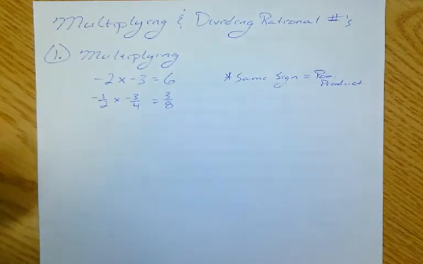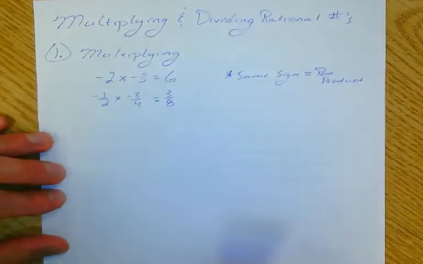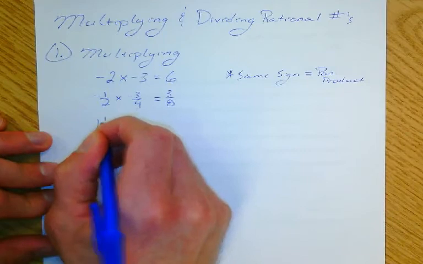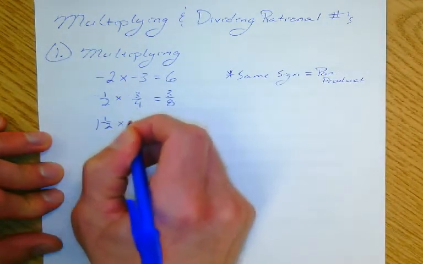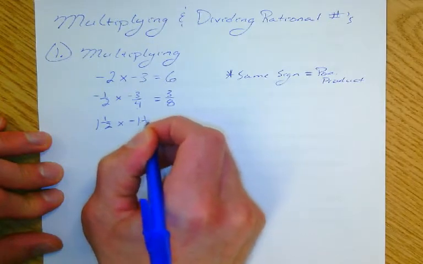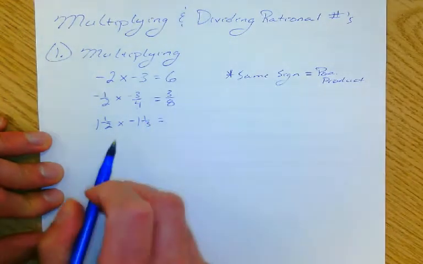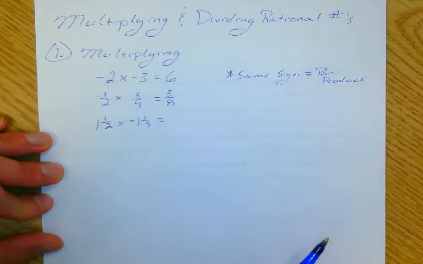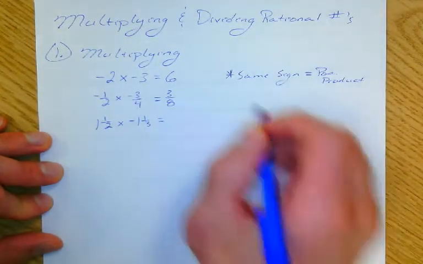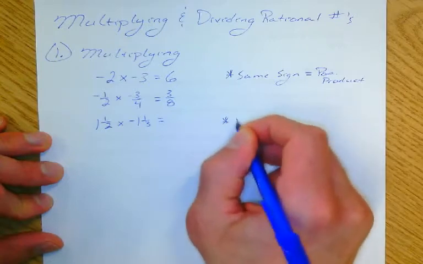Now what if they have different signs? Say we have 1 1/2 times -1 1/3. If they have different signs, like one's a positive and the other's a negative, that will give us a negative product. So different signs